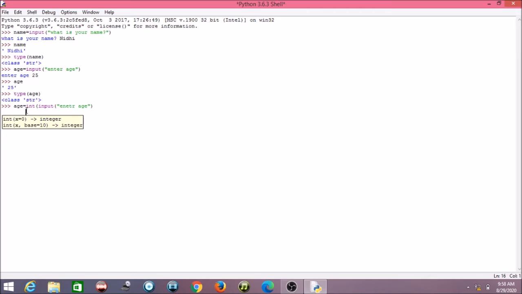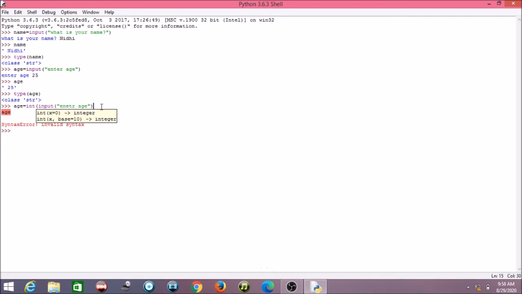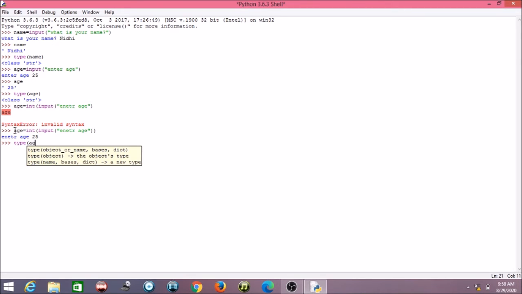Now printing age. So just write age, and sorry, syntax error, I have not closed this bracket, so just copy and paste it. Okay, I'm pressing Control C and pasting it here. My syntax was wrong, now it is correct, and now I'm writing age 25. Okay, now I'm testing it with type bracket and giving the variable name. So here the variable name is age, and see, it is converted into integer. Now I can perform arithmetic operations on this number.